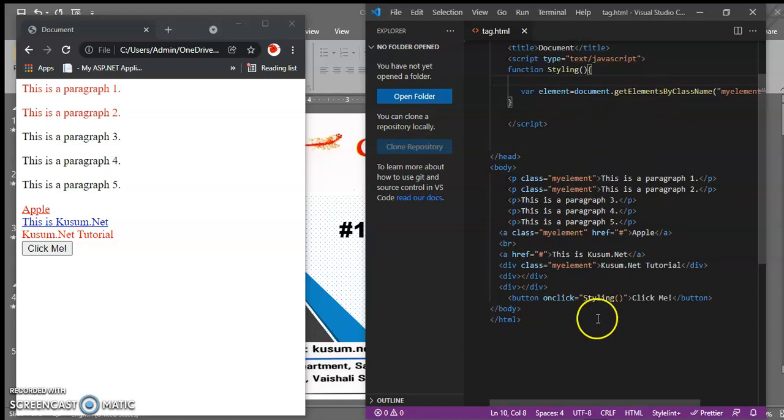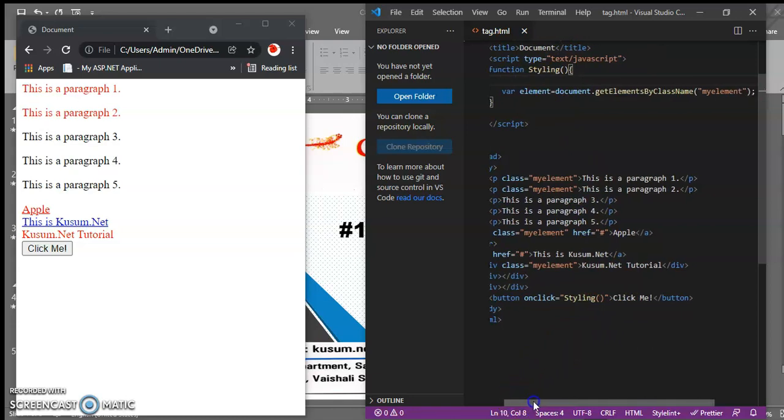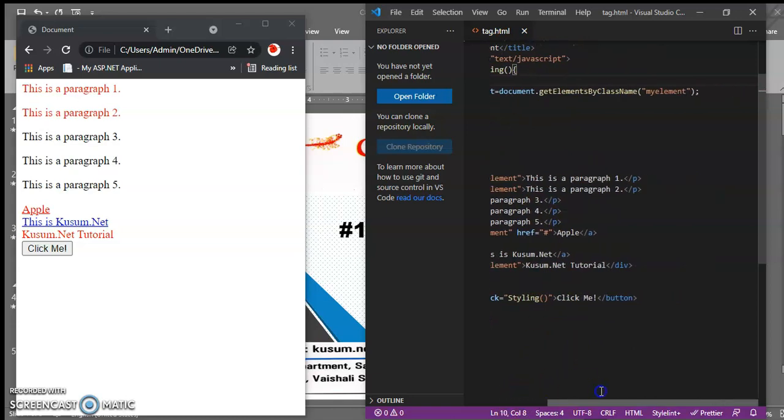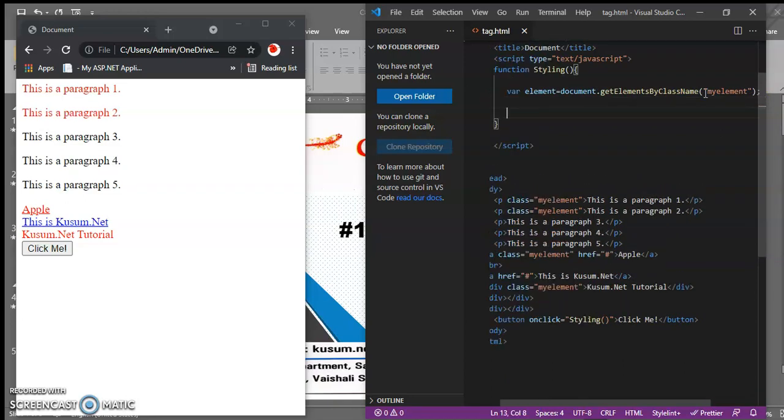In this button I have given a styling function. This function will be executed, and to execute it I need a for loop, because here we have an array.